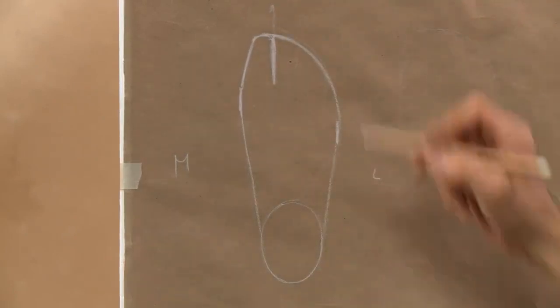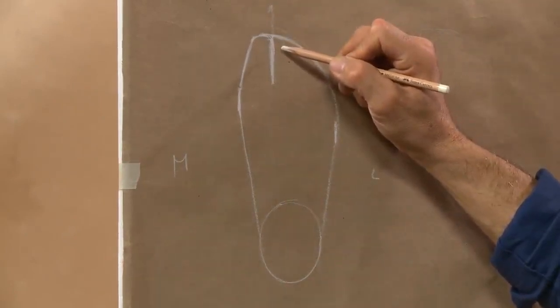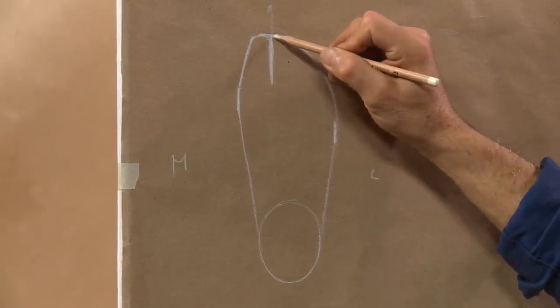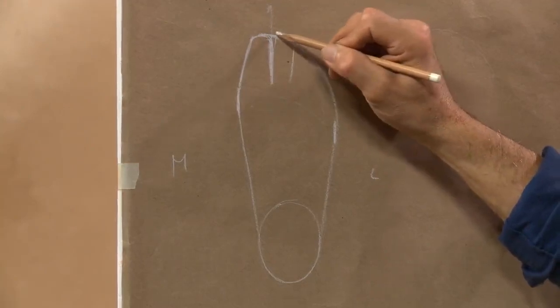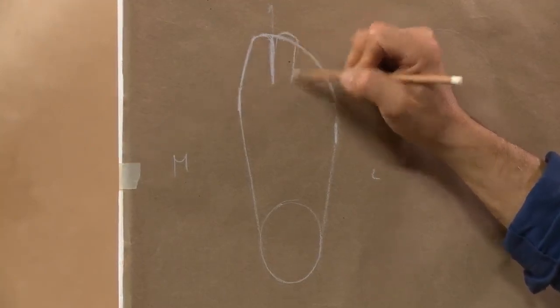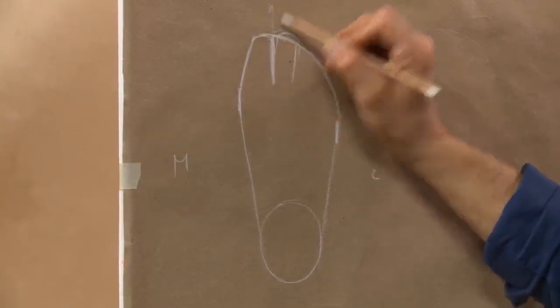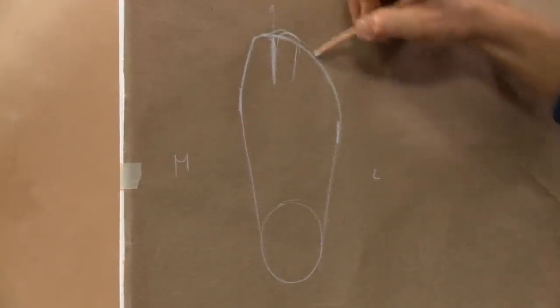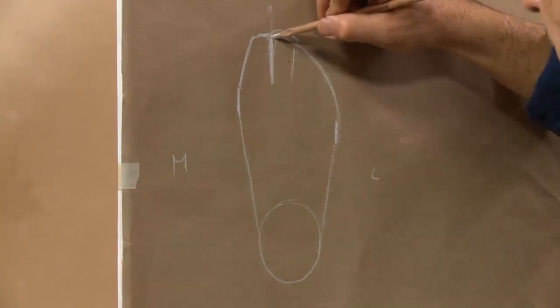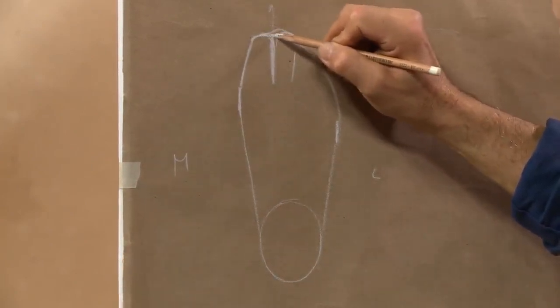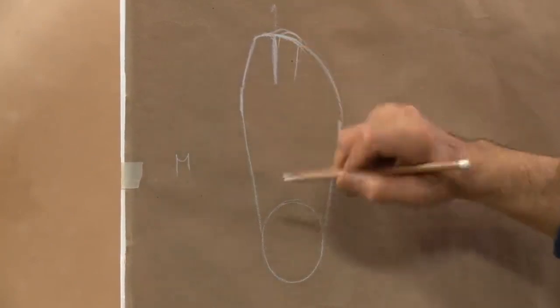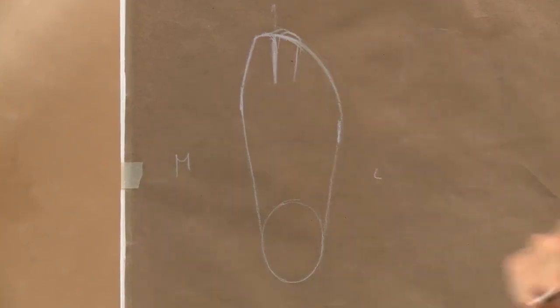I could have the big toe the same length as the second toe, or the second toe could be slightly longer. So I would add a little bit of an extra angle to the whole thing. It's a minimal thing, so you can draw them pretty much the same length, big toe and second toe, and then from here slope down toward